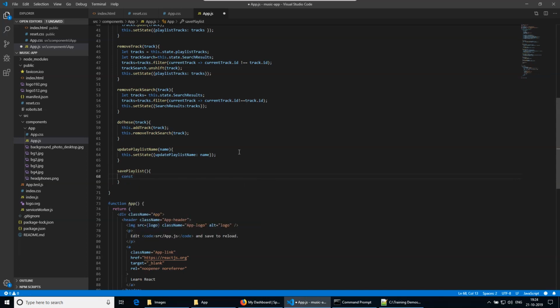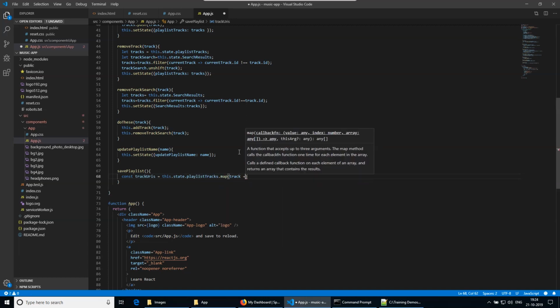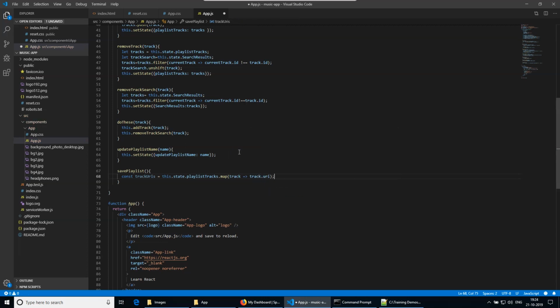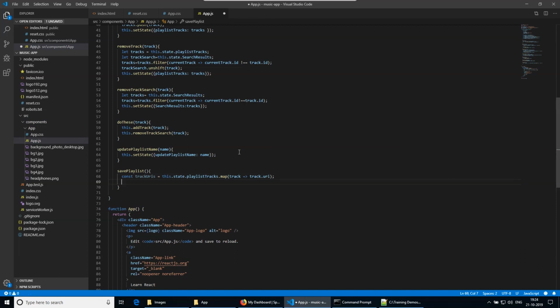Constants are variables whose values will not frequently change. We'll take all the track URIs, this.state.playlistTracks.map, and create a temporary variable called track.uri. So we actually want to save this on Spotify. That's the reason we'll access Spotify's savePlaylist method, this.state.playlistName, comma, trackURIs, and if that is successful, we then do a